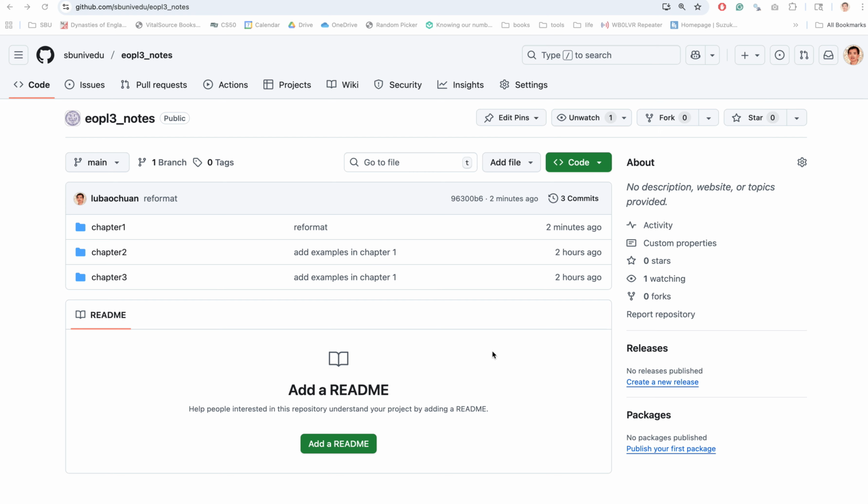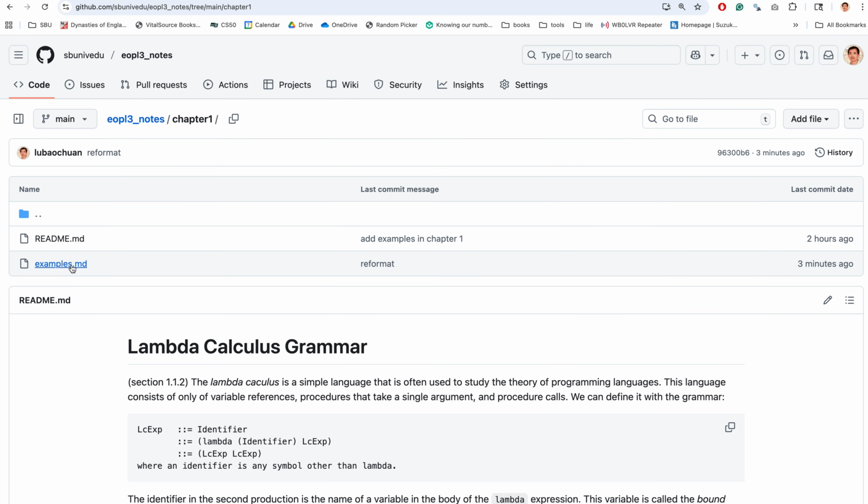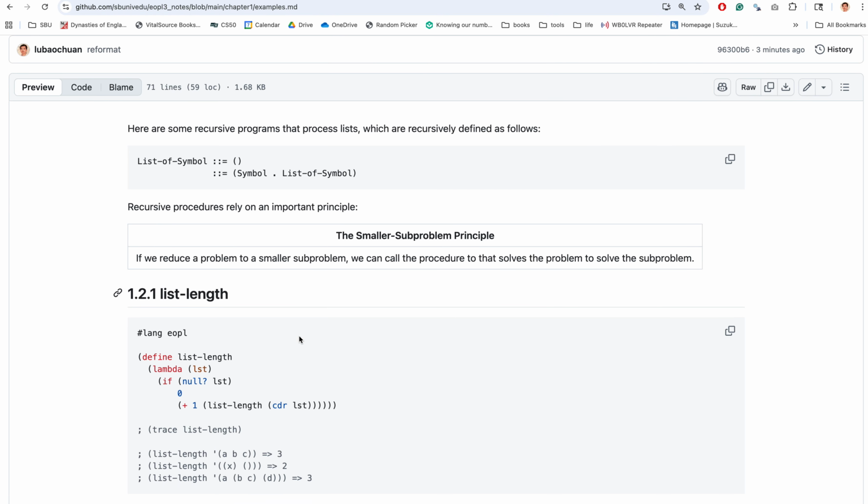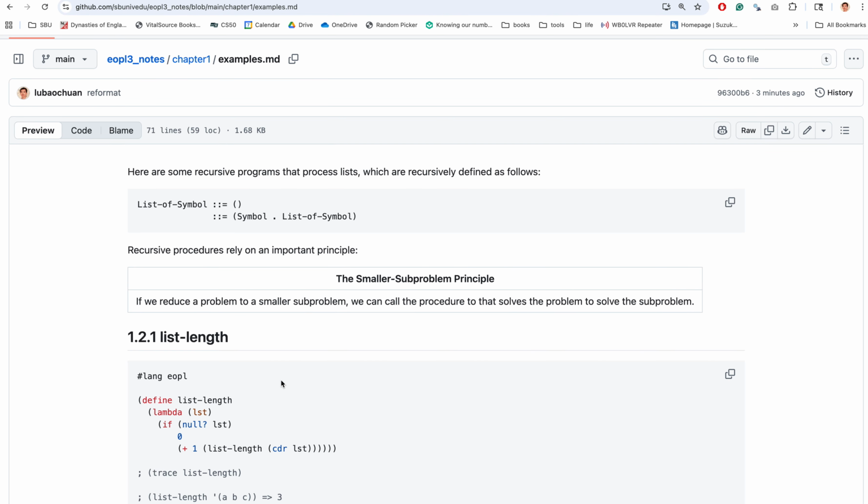Hello, in this video I'm going to walk you through some examples from chapter 1 of the EOPL textbook. Here is the URL to the repository, and you can click on chapter 1 and then examples. I've collected the source code here so you can try it yourself by copy pasting it